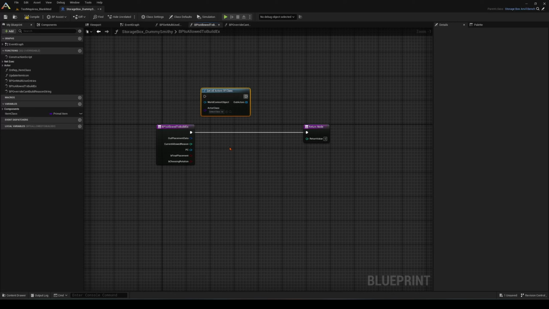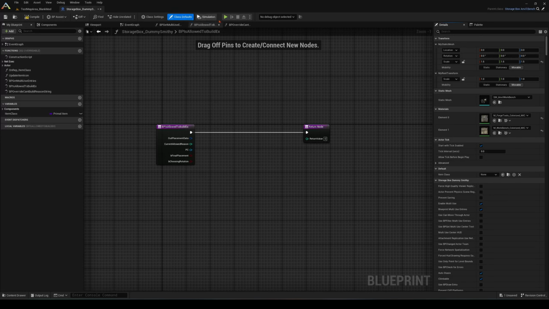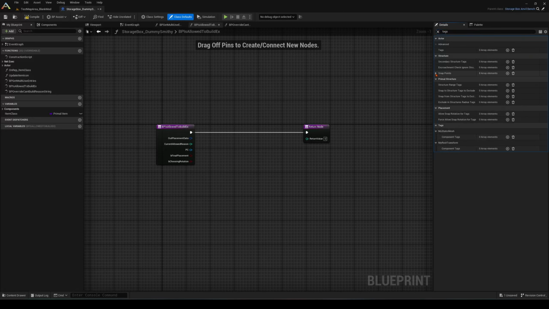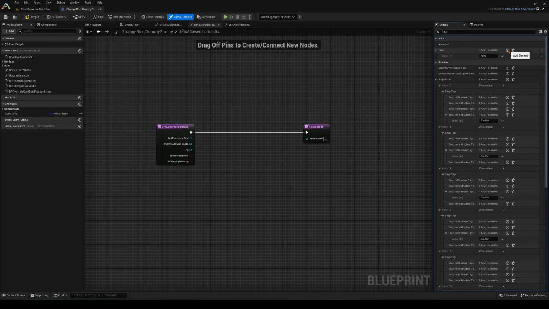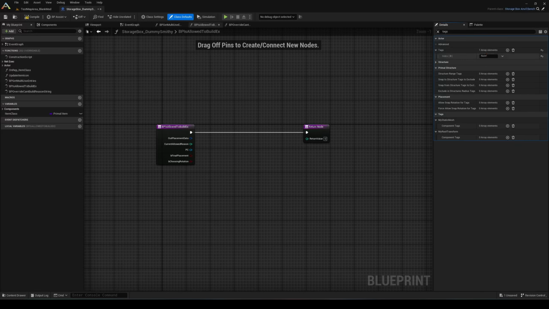And it involves reading tags on structures. In the class defaults, if you look for tags, this array right here, you can add any word you want in there. So just like dummy smithy. And what happens is it auto registers in a list on the server anytime you place the structure,